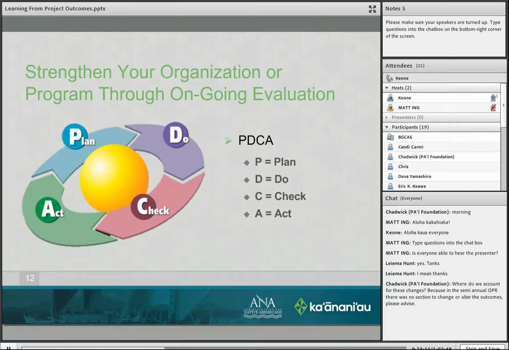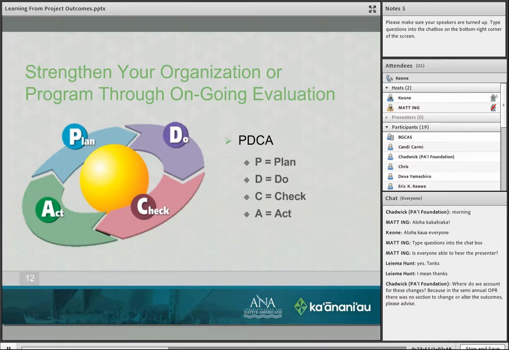The way you account for these changes is by working with your program manager, your program specialist, I should say, on the ANA level. Work with them. If you feel that your outcome needs to change, then make your program specialist aware of these things, and then you might need to do a different OWP objective plan. I know that sounds like a lot of work.